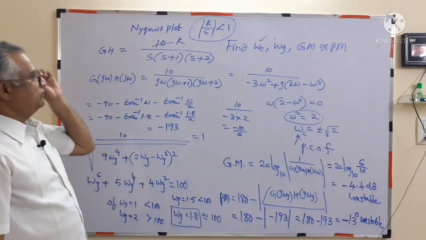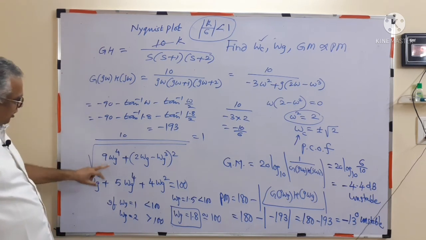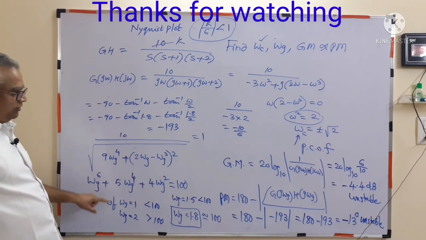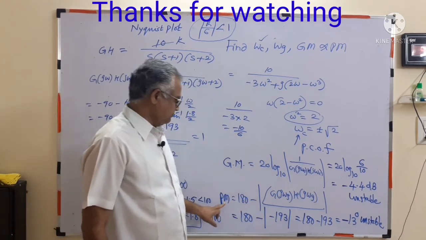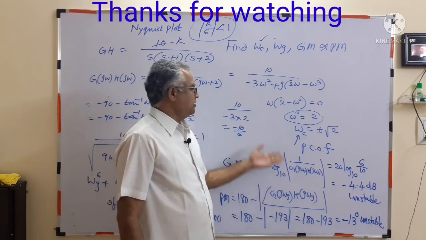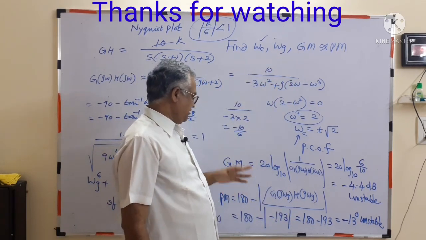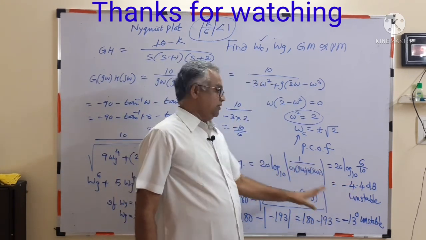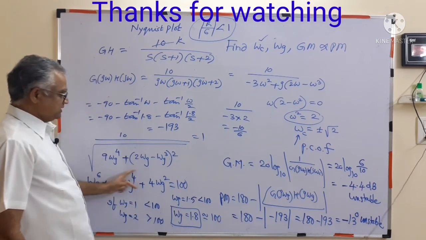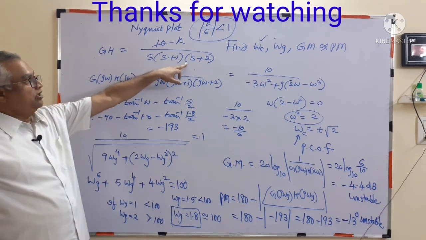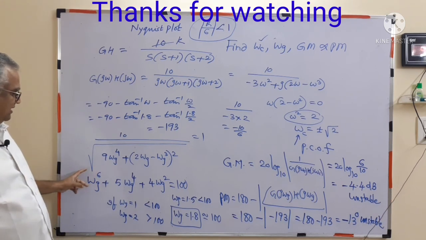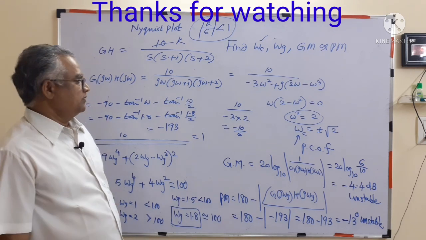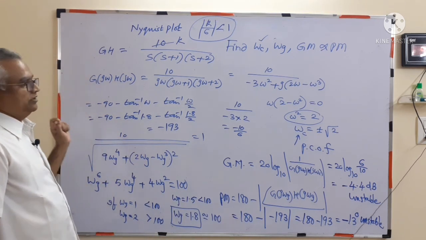So what is the drawback of the Nyquist plot? Solving for omega g is a time consuming method. Without knowing omega g, you can't find phase margin. So phase margin will take more time, gain margin will take less time. Gain margin is easy to find. Phase margin takes more time because of complexity in solving this polynomial. Here a third order is giving a power of 6, which we have to solve using approximation. That's why it takes more time. That is one of the major drawbacks with the Nyquist plot.